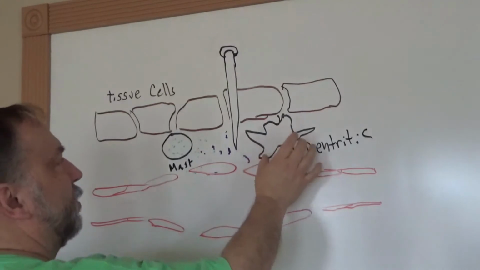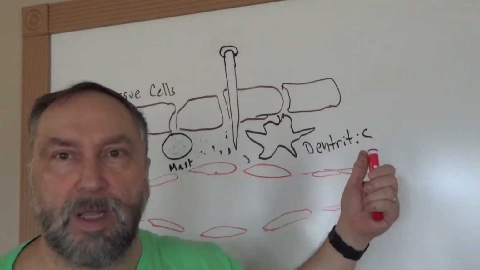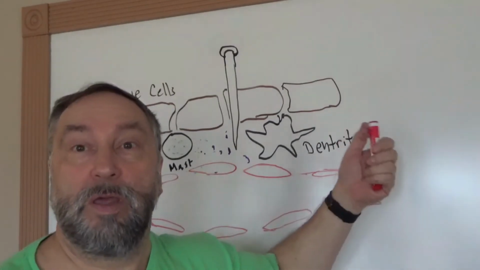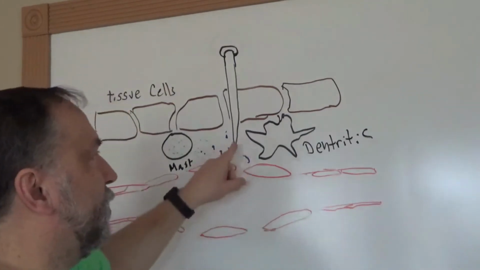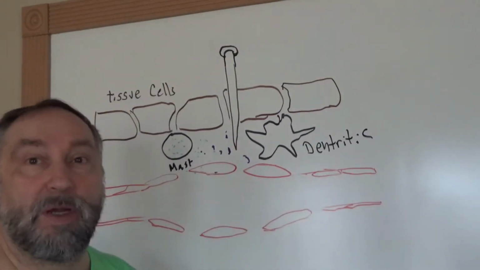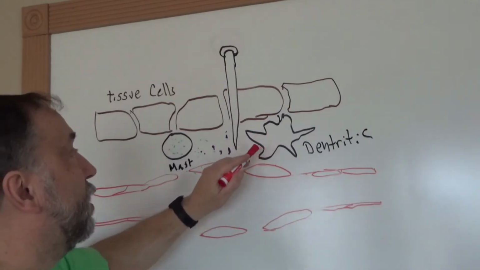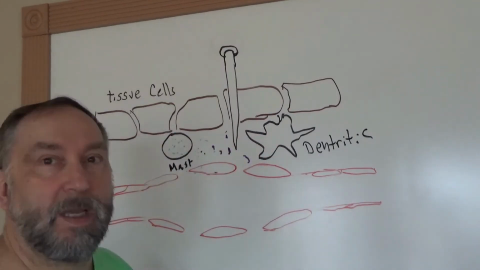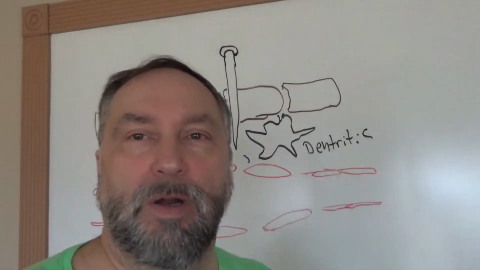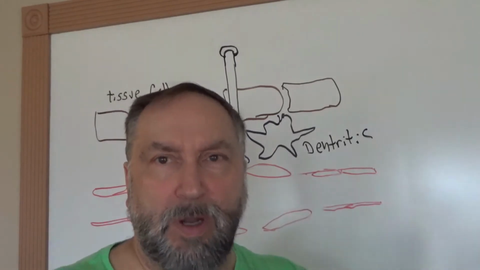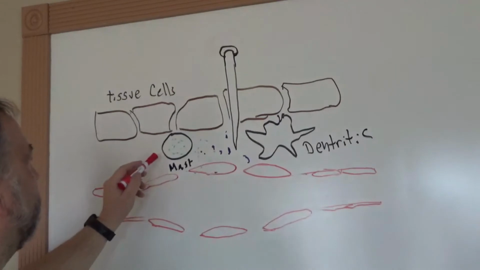This dendritic cell here will also, if there are any pathogens on this nail, which you can guess there are, when you step on a nail it's not usually sterile, pick those up. The pathogens on this nail will be here in the interstitial space, or maybe even down in the blood. But anyway, the dendritic cell will pick those up and carry them to lymph nodes. When it gets to the lymph nodes, the lymph nodes will start a response of its own that I'm not really going to talk about here. So anyway,